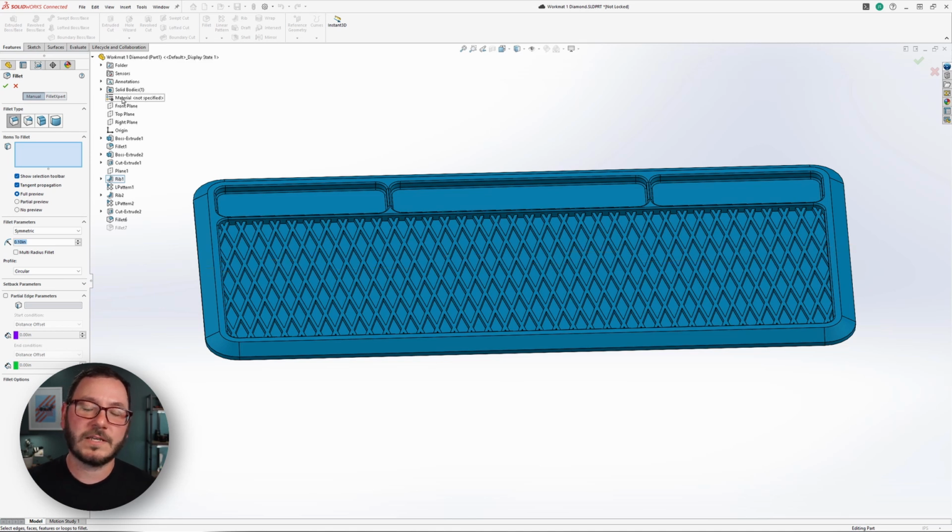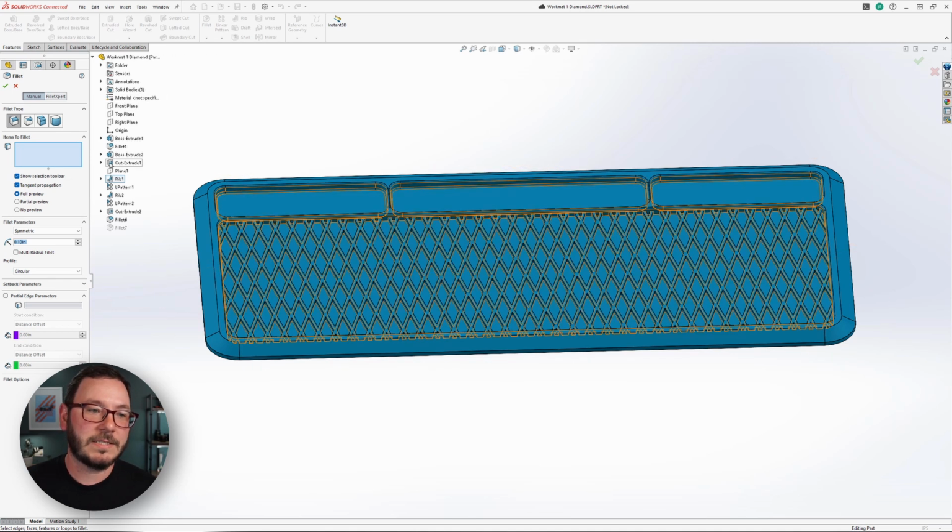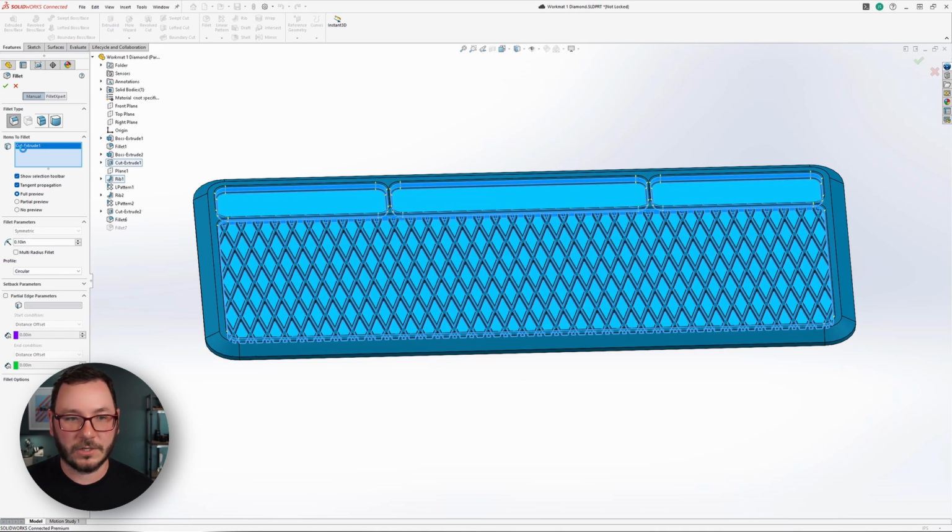And with our tree expanded here, let's take a look at what else we might be able to select. For example, let's select this cut extrude itself. If I pick this up, you'll notice that this selection box for items to fillet actually will pick up the entire feature. And with that, it will take all of the associated geometry that comes with that feature to be potentially filleted. Now, this is pretty cool in this case because I've already got fillets up here in these top pockets. So it's not going to override those fillets, but you'll notice that down here, this gives me a massive advantage